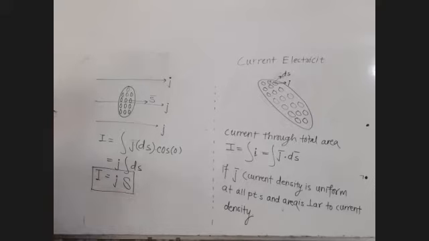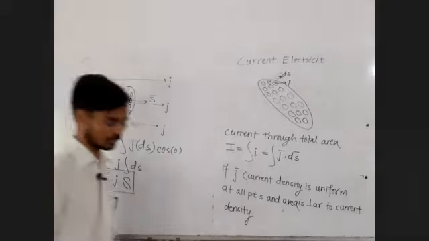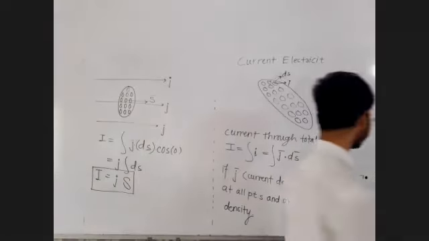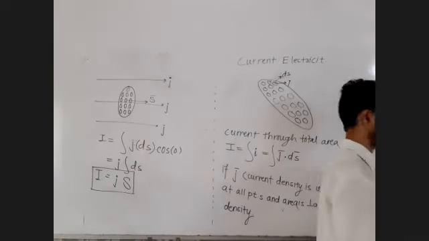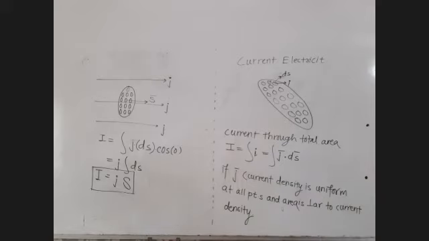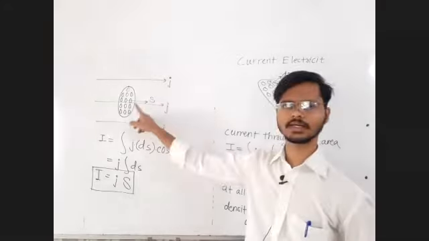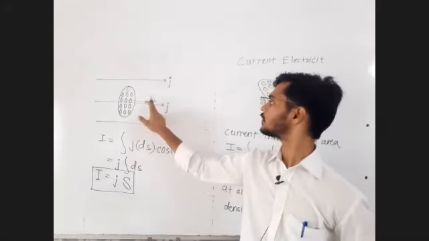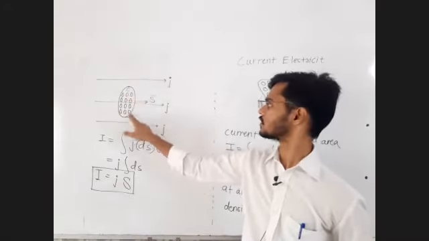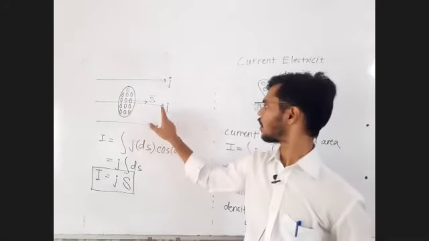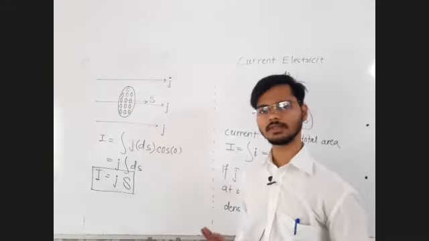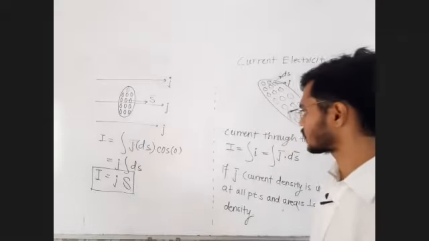This can also be the special case. Up to this, reply in the chat box, clear and written. Special case, theta is 0. Area vector is rightward, current density rightward. All the ds are in the rightward direction, all the J bar in the rightward direction. Angle between them is 0. Check, do you understand?